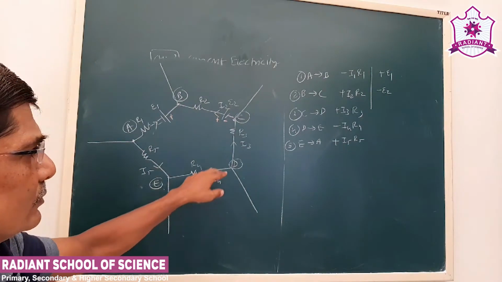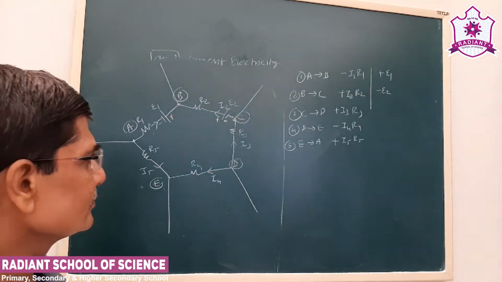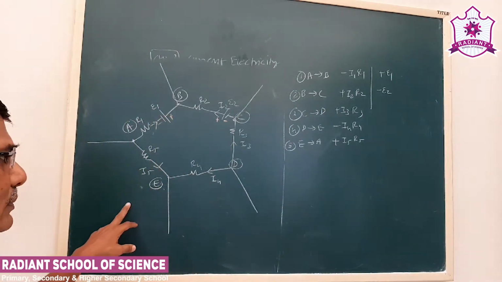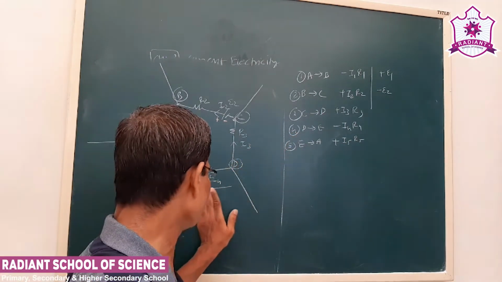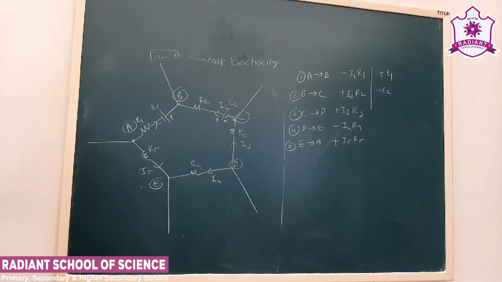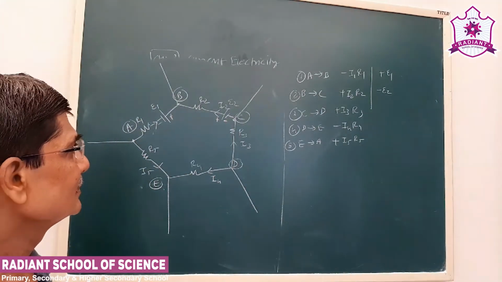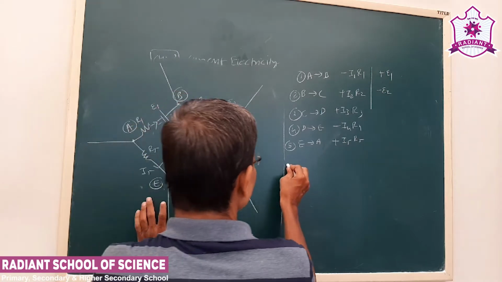Now C to D, we move in the opposite direction, so there will be an increase in the potential equal to IR. Now next, D to E, we move in the direction of the current during our journey, so in that case there will be a decrease in the potential. And finally E to A, we move in the opposite direction of the current, that will be plus I5 R5. Now, as we discussed, Kirchhoff's second law is based on the uniqueness, or single-valuedness, of the electric potential. So we write the equation now.